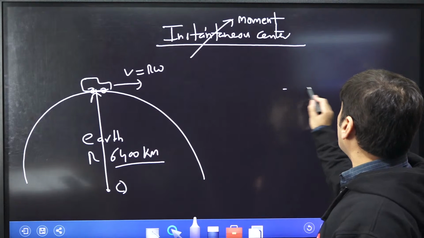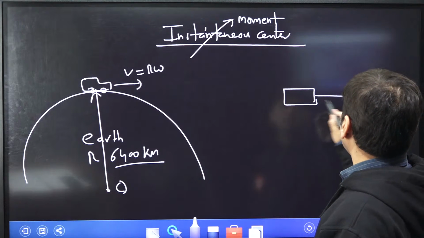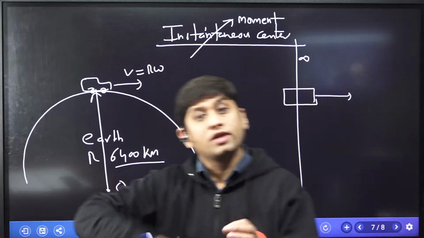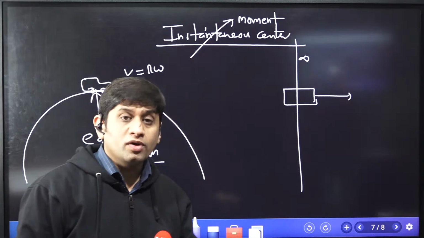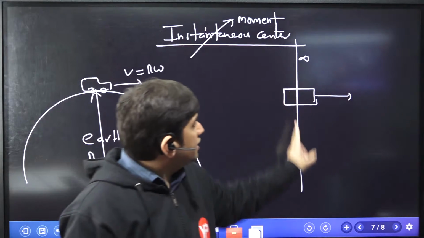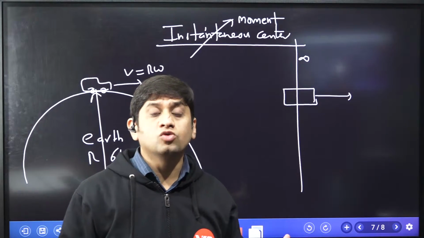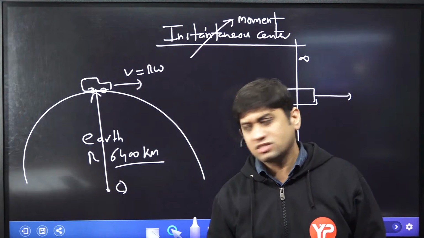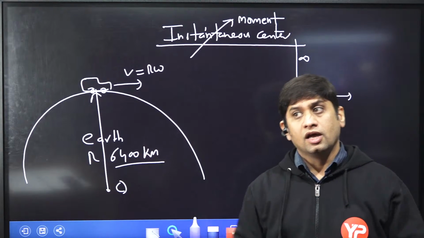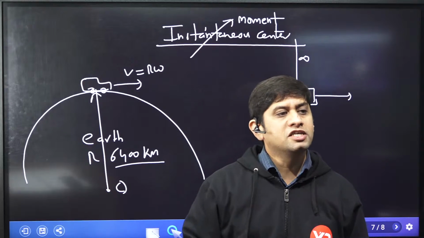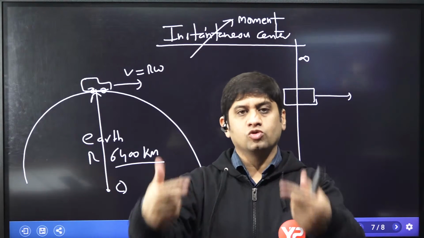दैट मींस अगर कोई बॉडी ट्रांसलेट कर रही है तो सर क्या हम ये बोल सकते हैं कि वो एक पर्टिकुलर पॉइंट के अबाउट प्योरली रोटेट भी कर रही है, और उस पॉइंट को क्या बोलते हैं? इंस्टेंटेनियस सेंटर. और ट्रांसलेटिंग बॉडी का इंस्टेंटेनियस सेंटर कहां होता है? इन्फिनिटी. मैथमेटिक्स वाला इन्फिनिटी मत सोचो, इन्फिनिटी मींस वेरी लार्ज, समथिंग लाइक दिस 6400 किलोमीटर. तो इफ अ बॉडी इज ट्रांसलेटिंग ओनली, इट कैन आल्सो बी अज्यूम्ड टू बी डिस्प्लेइंग प्योरली रोटेशनल मोशन, but yes,